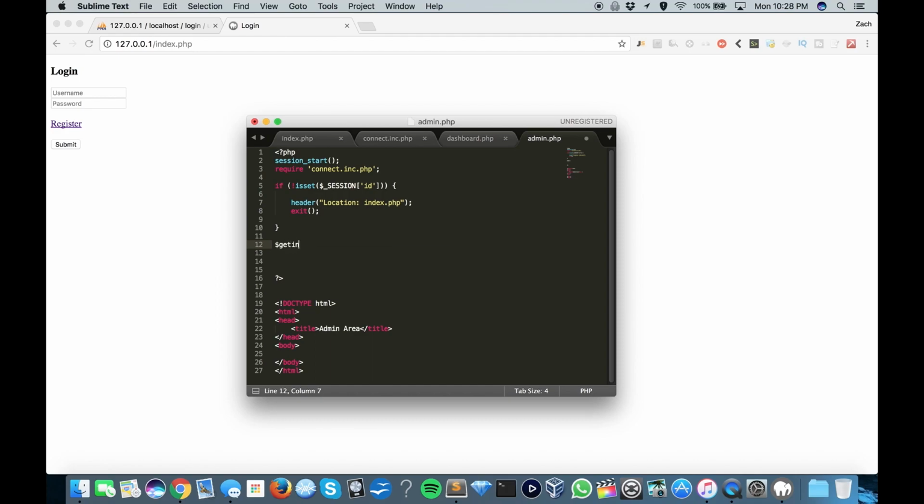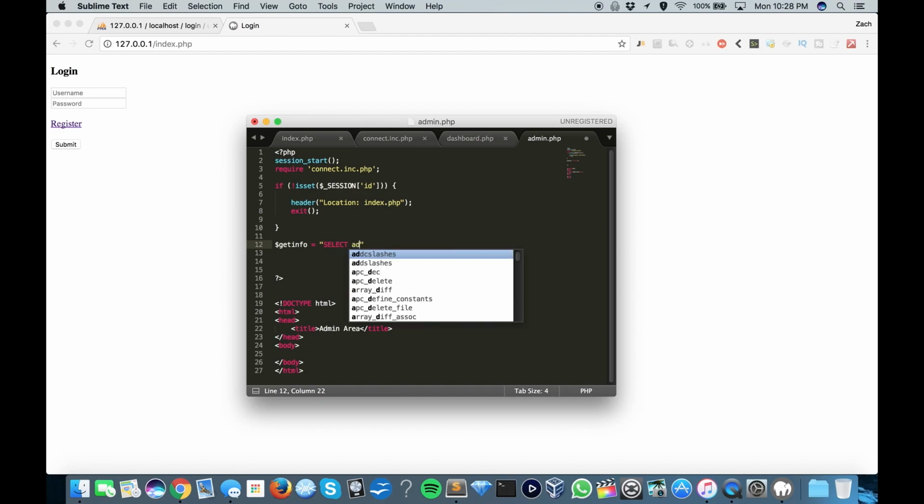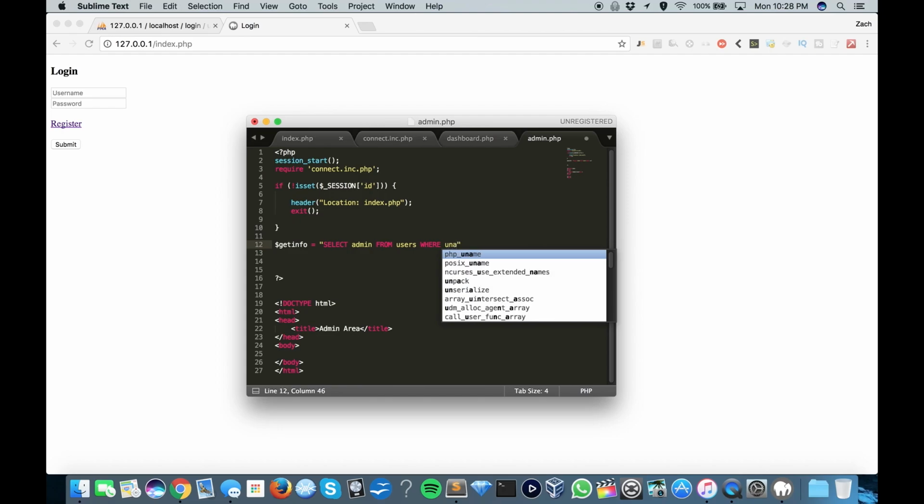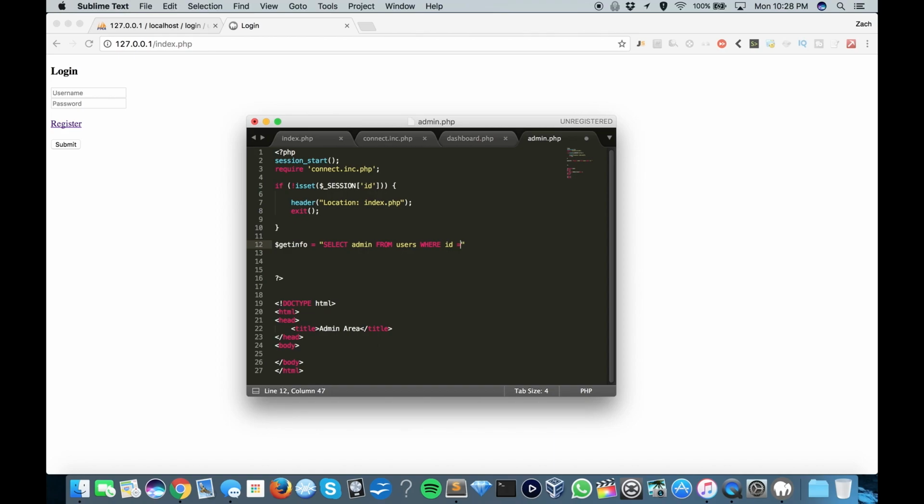So get info equals double quotes, select admin from users where ID equals ID. And so here we'll create the ID variable